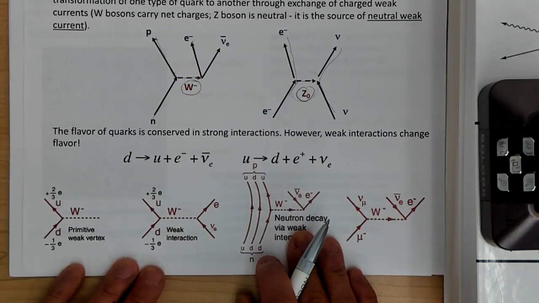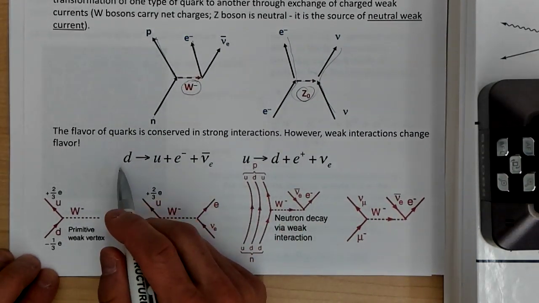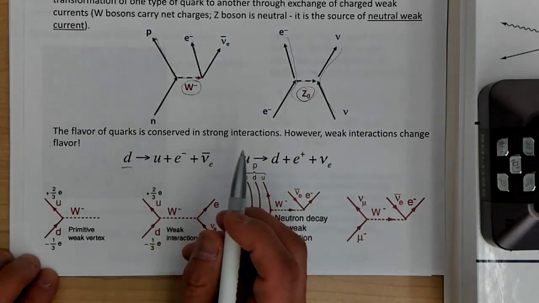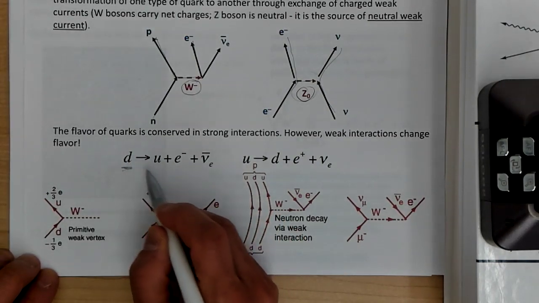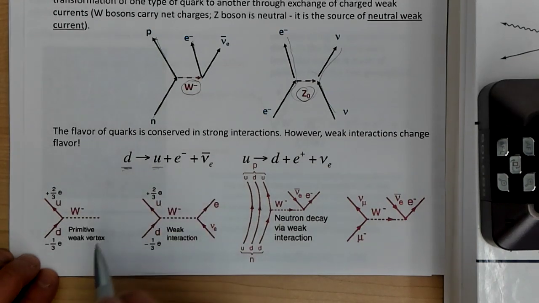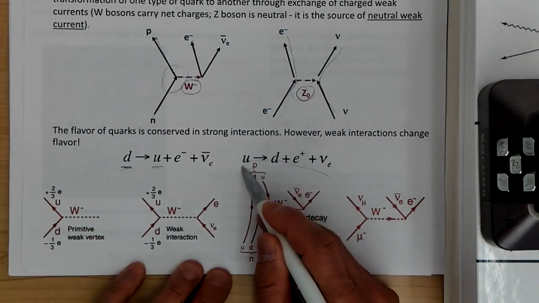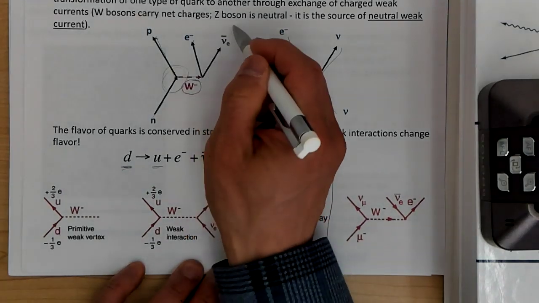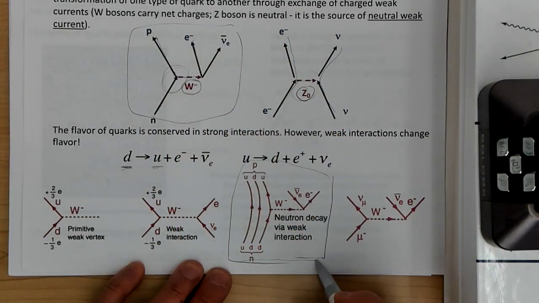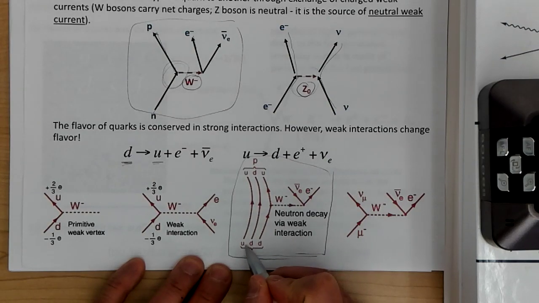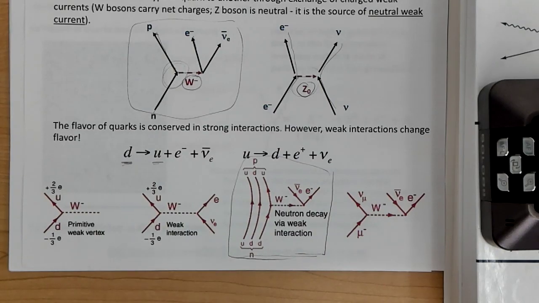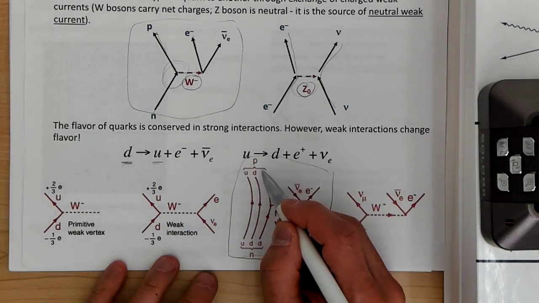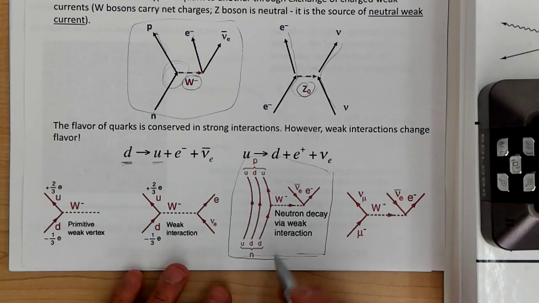More fundamentally, though, we can think about these processes in terms of quarks. We already discussed this last time, but let's just review. We can think about the down quark converting into an up quark. So here is the vertex that's making this all happen. From a microscopic point of view, we did this last time as well, we can think of the neutron as being an up quark, a down quark, and a down quark at the simplest level, and the proton is 2 up quarks and a down quark. And so what you can